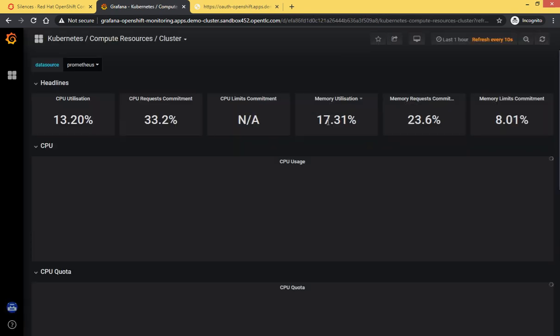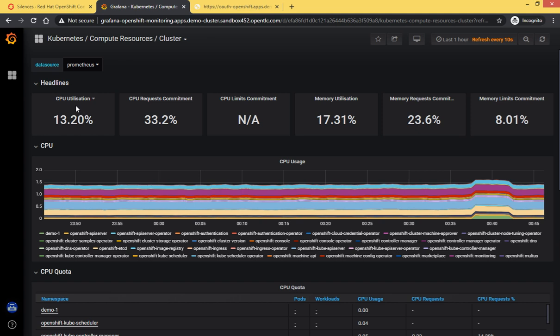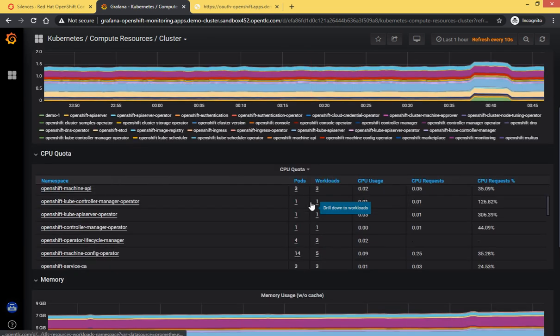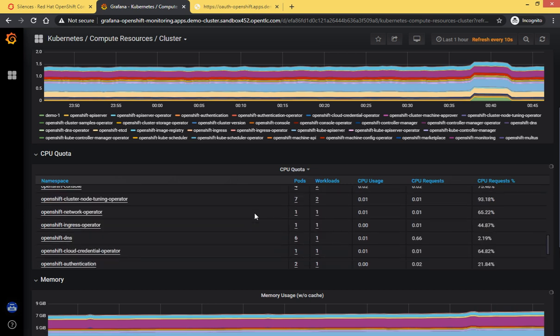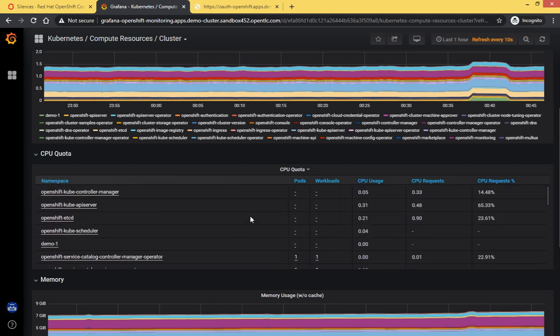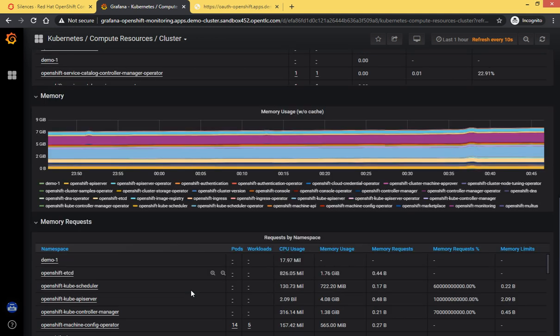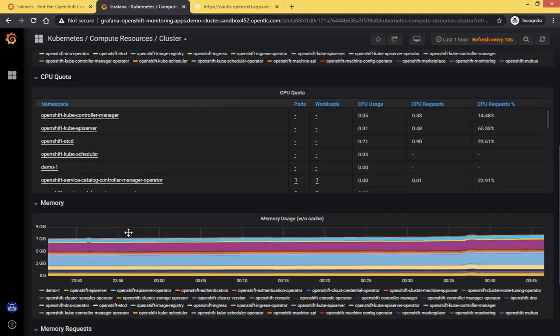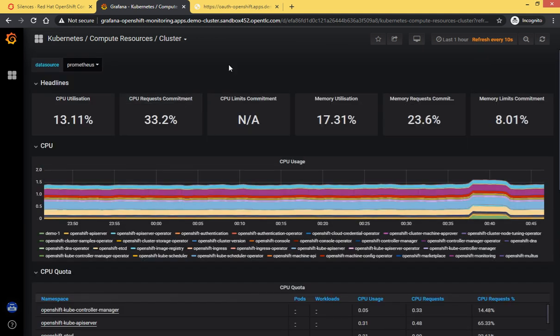So we have this many CPUs, and memory utilization. These are different projects, and we can see how much they are using in these charts. Then this quota as well, CPU quota, memory, and there are different charts.